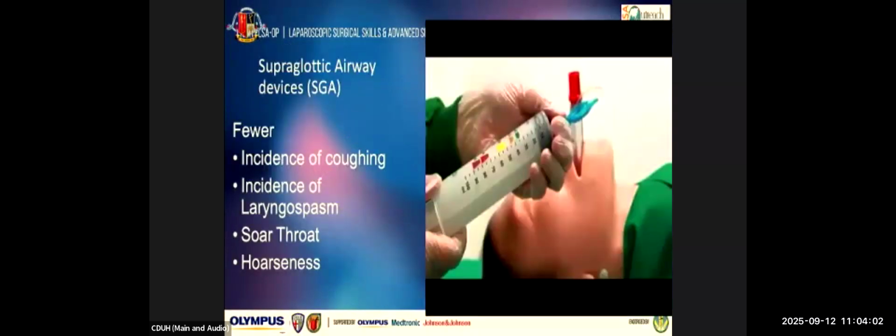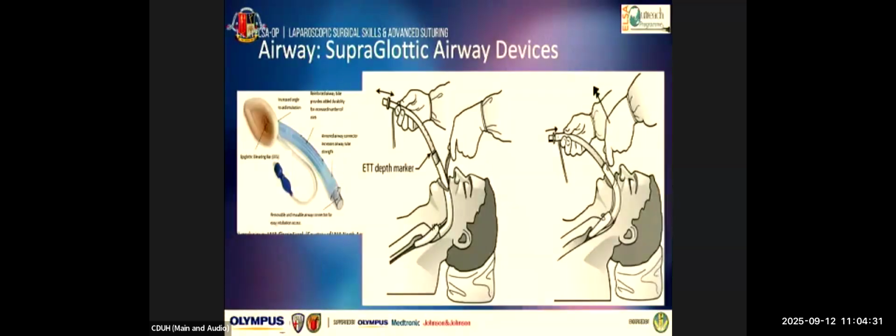There's an emerging trend of using supraglottic airway, especially for laparoscopic surgeries that are quite short. The principle of SGAs is to occlude the esophagus so that there's preferential air towards the glottis or glottic opening and into the trachea. SGA has the advantage of fewer incidents of coughing, laryngospasm, sore throat, and hoarseness. This is an example of the first gen SGA. It is inserted rather blindly, and there's a device that they use to help in the insertion, and it is fixed over the oropharynx